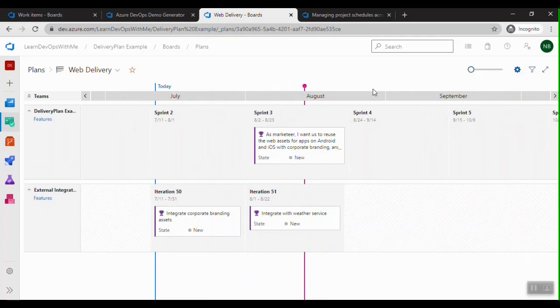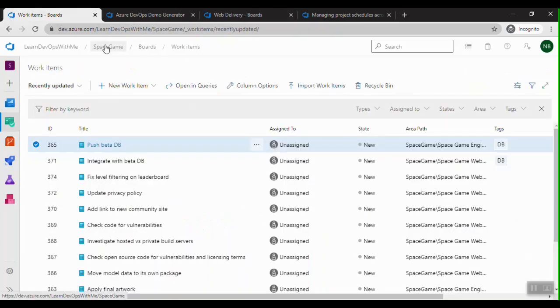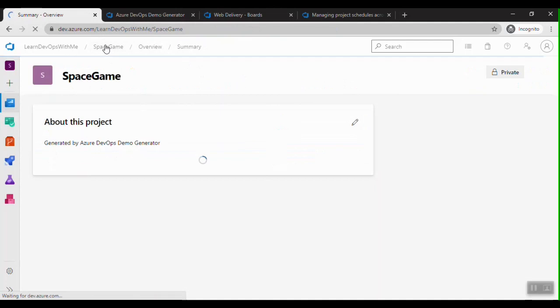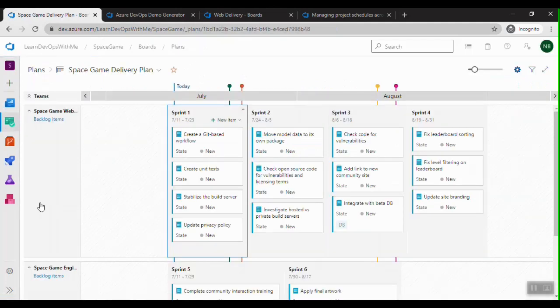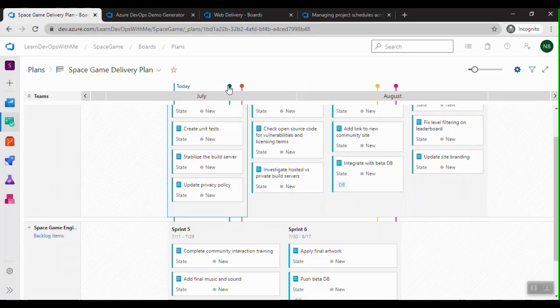Let me show you one more example about delivery plans. Let me go to my another project called Space Game. Here also I have a delivery plan. This has two teams called Space Game Web Team and Space Game Engine Team, and there are different markers.